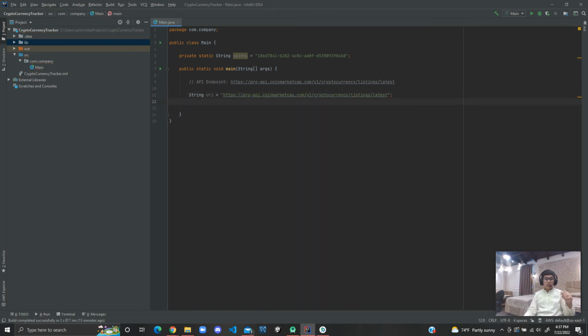Now we're going to implement the parameters. We're going to set a few parameters that this endpoint takes, three main parameters: the start, and the limit of how many we want to display. We'll keep it at a pretty high number, but not too much, or else we would overload the console and suffer memory issues. The third parameter is the currency, so in this case we're going to convert to US